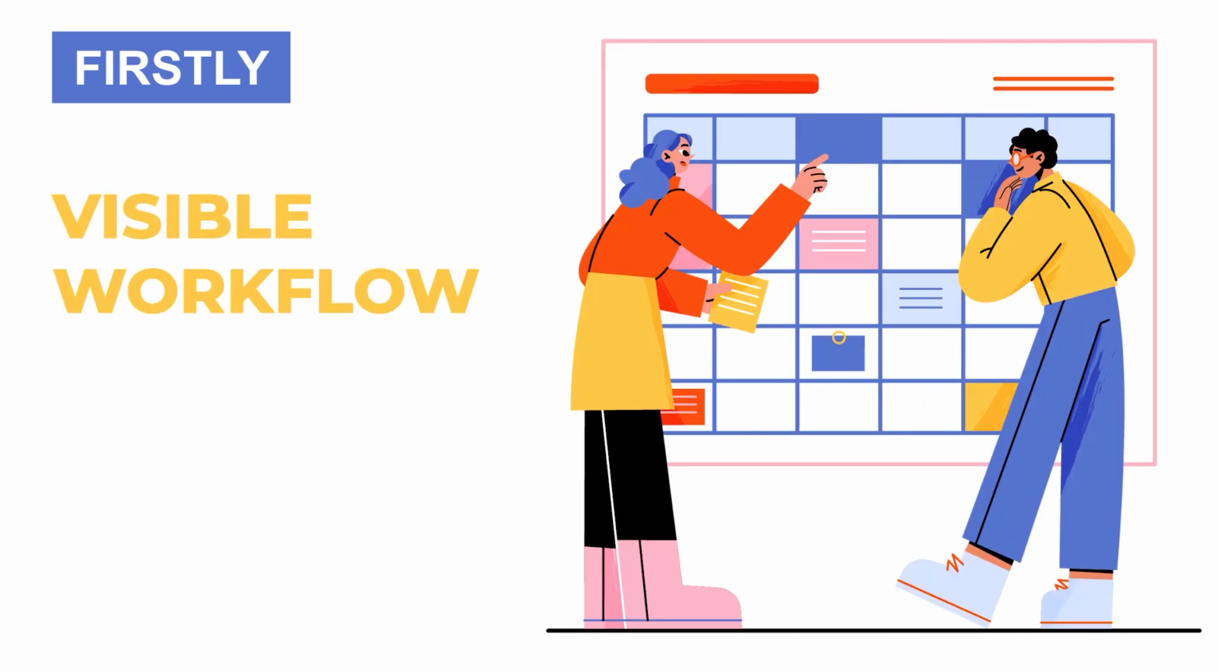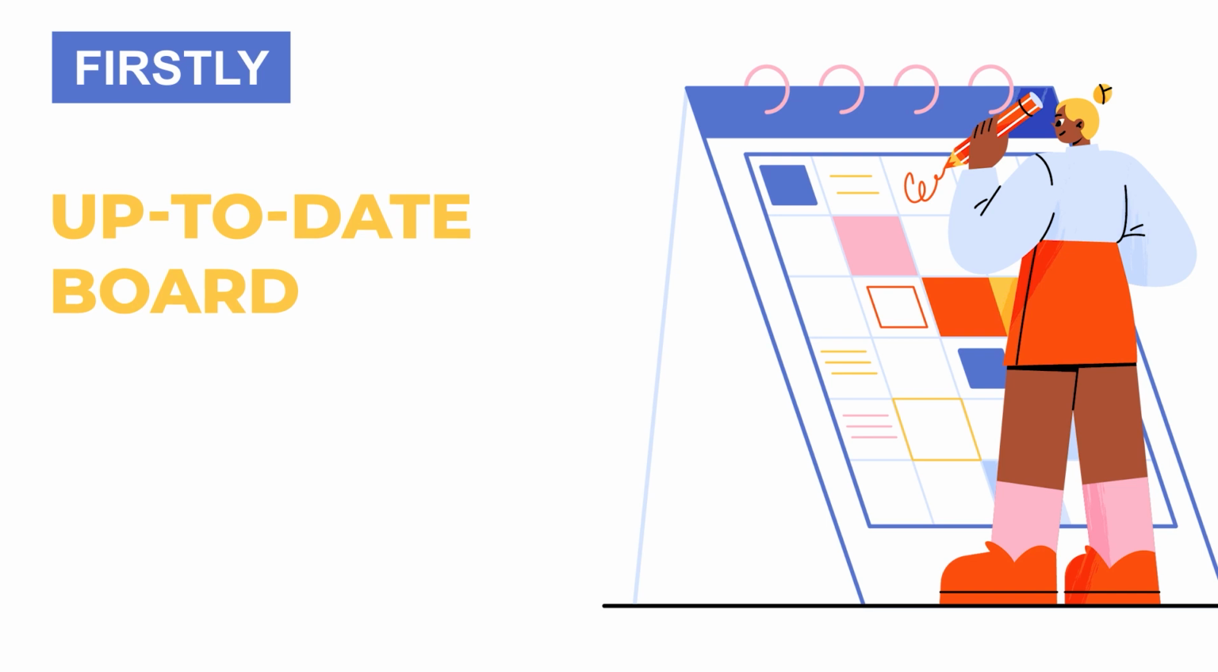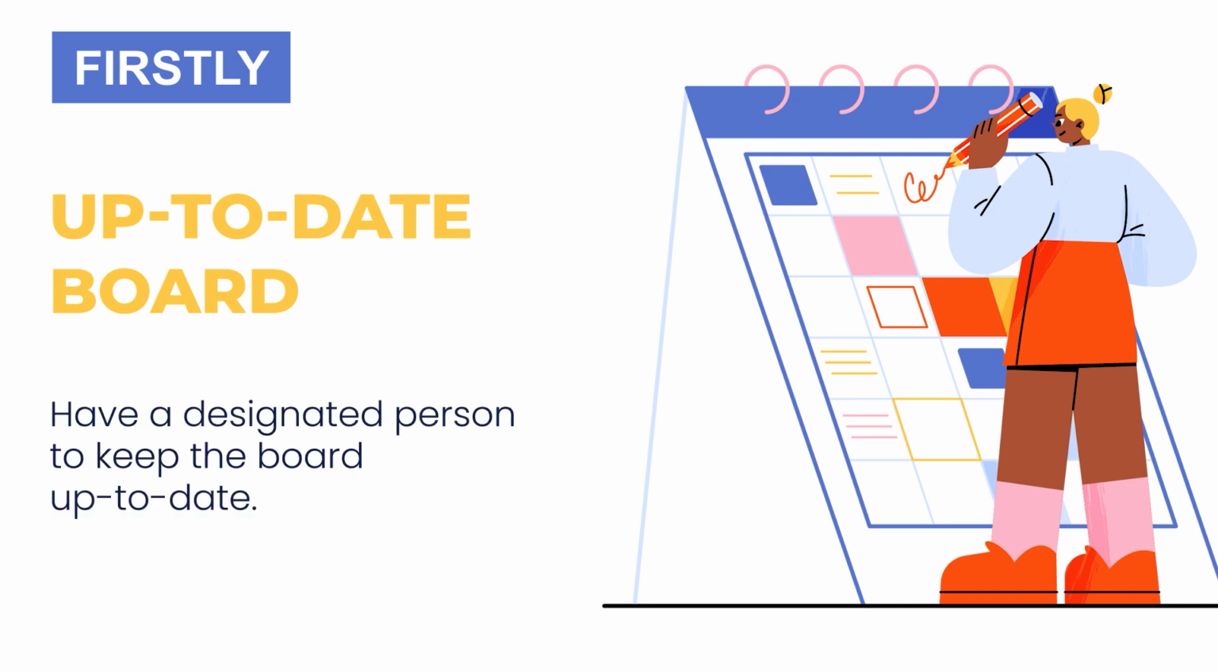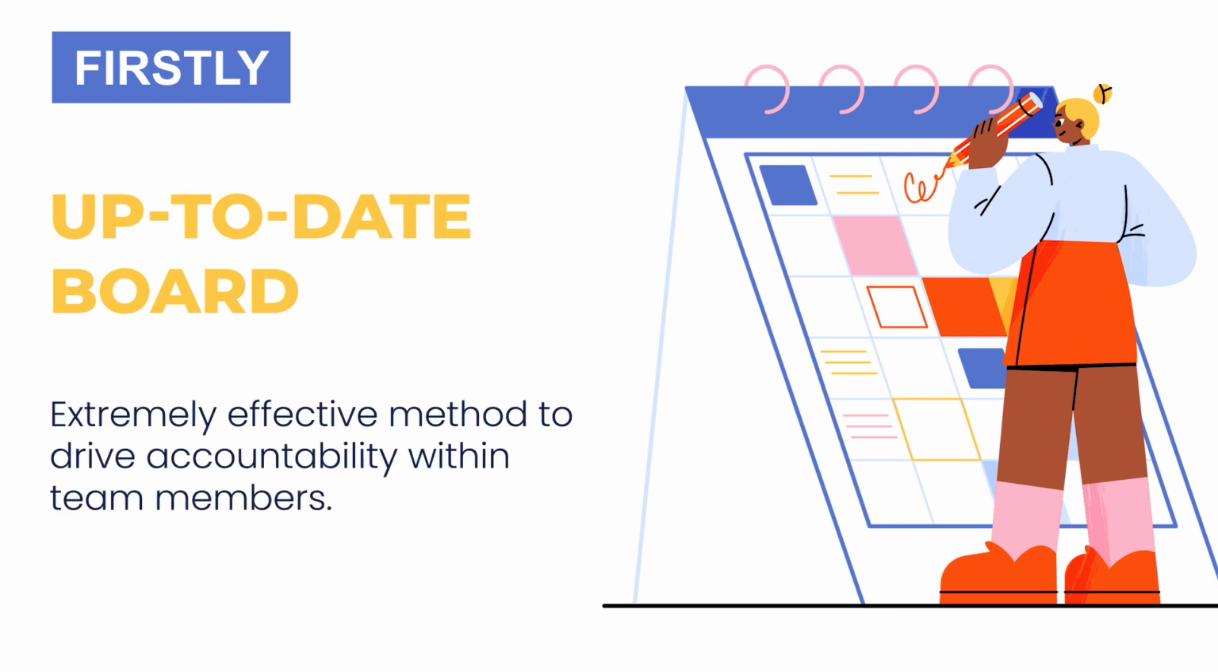Next, let's touch upon a few best practices in the industry that are followed currently in the Kanban way of project management. Firstly, you need to make sure that your Kanban boards are visible to the entire team so that everyone can stay updated on the project's progress. Have a designated person such as your project support officer or your associate project manager who will keep the board up to date. This method of visually communicating the status update for a project is extremely effective to drive accountability